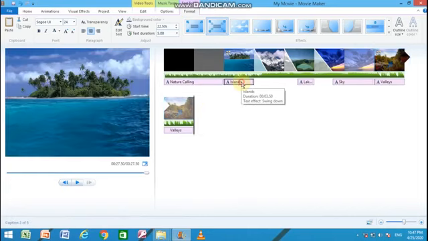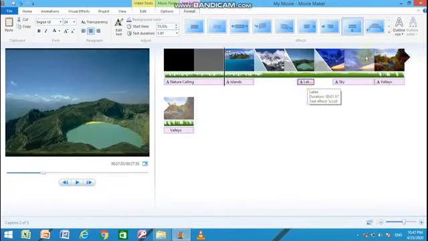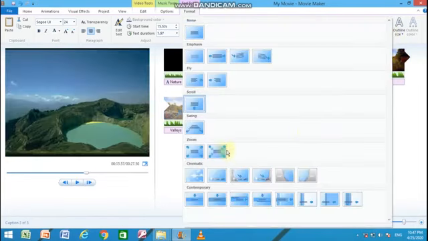For example, I'm setting again, it is like this zoom, big zoom, lakes also in big zoom.